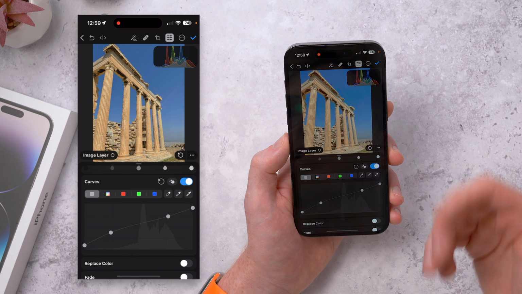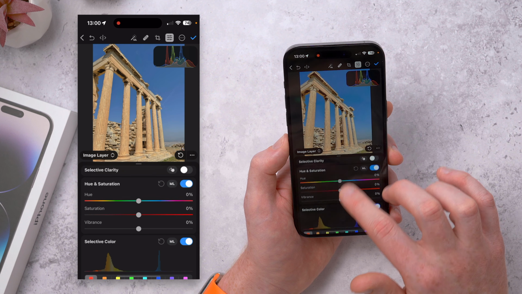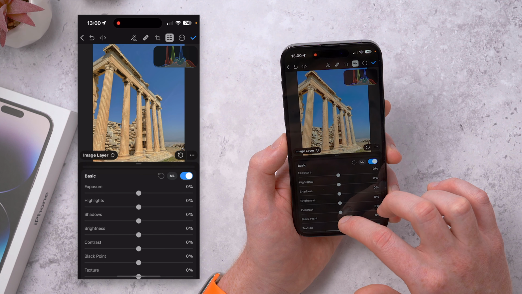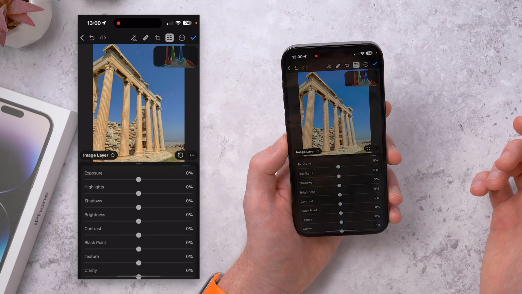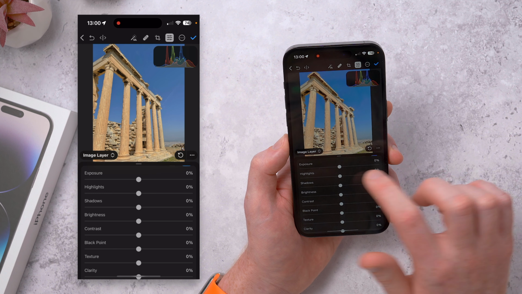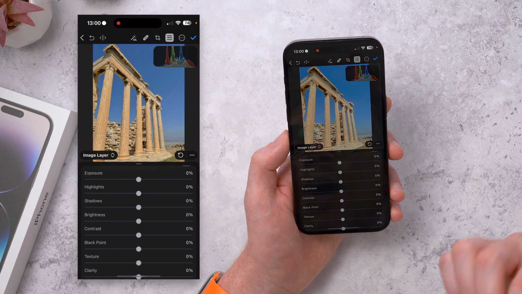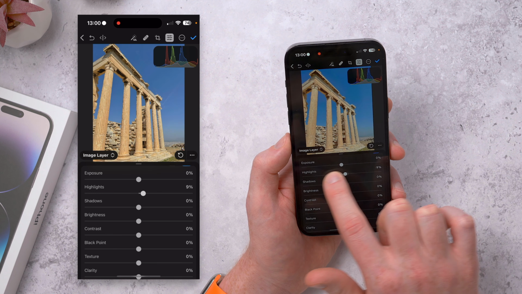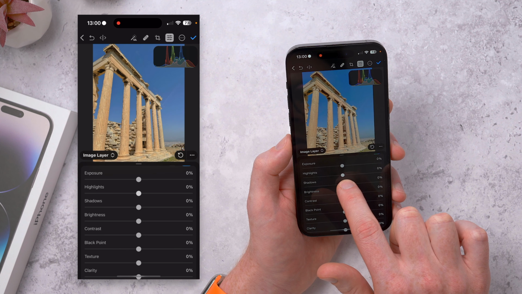I don't go for anything too extreme. I usually go for more of a muted look. So from here, I'm going to go back to the top and just adjust some of these basic adjustments as I like. Now, if you're new to editing and you don't know what any of these tools do, I recommend just grabbing them and dragging them left and right, just so you can actually see and understand how it